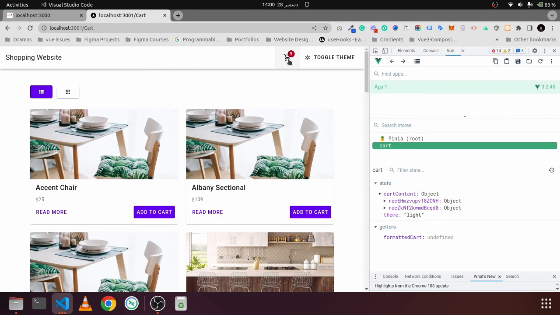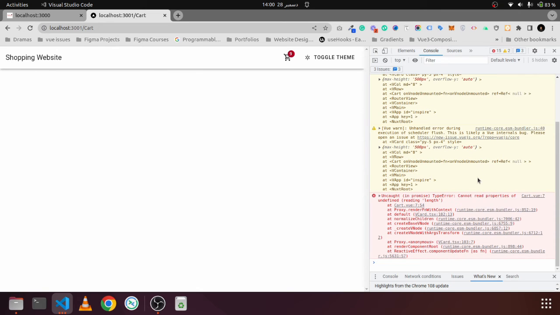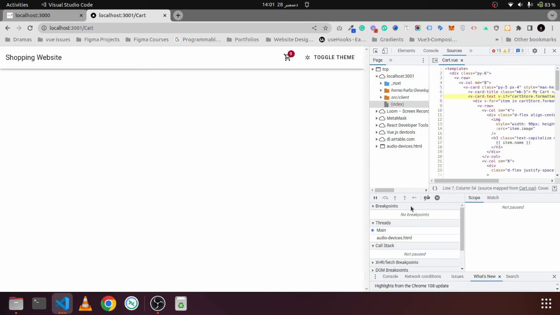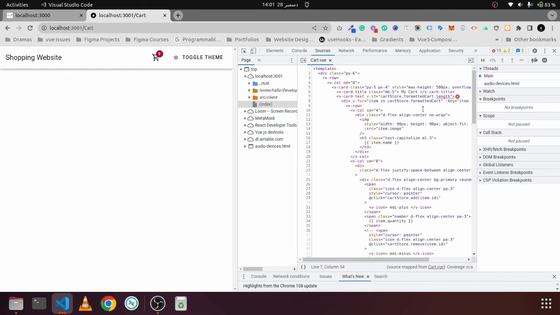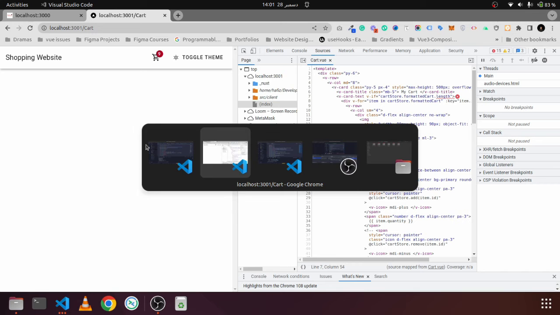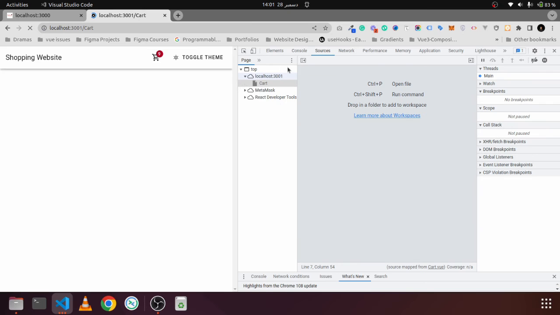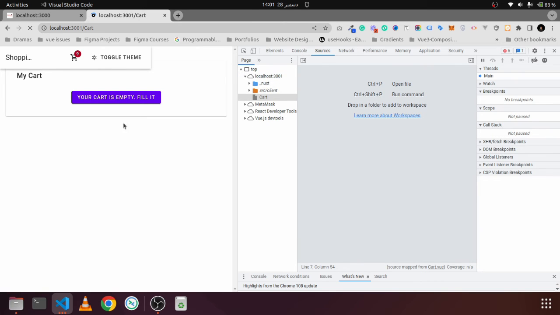Now let's come to the cart page. Let's see what exactly error we have. Cannot read properties of undefined reading. What is the cartStore.formattedCart? If I refresh this thing, it should not create the problem. Yes, my cart is empty. So first we should add the